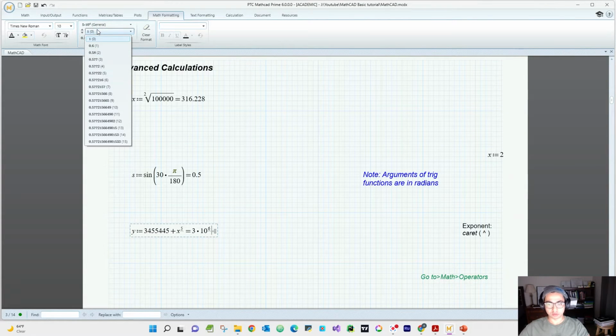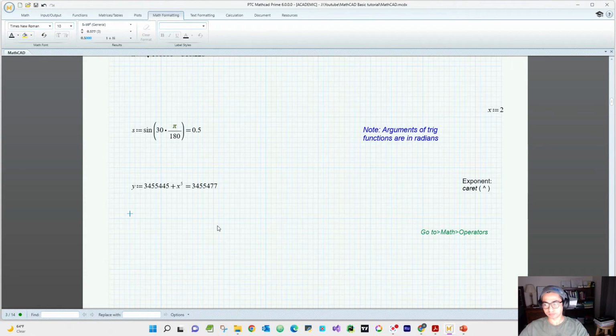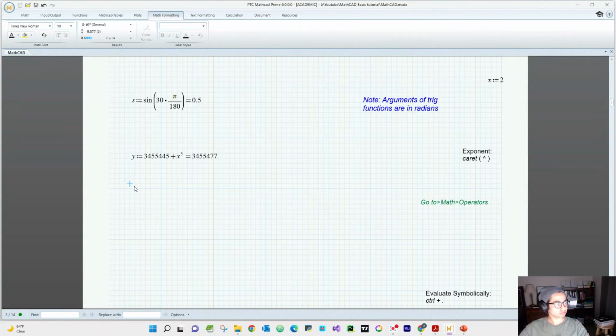Remember, this is how different this is. This is 3 times 10 to the power 6 and 3.45. So it really depends on what kind of formatting you use. I typically like to use the decimal, so let's go with that. And now we can do some integral and derivations as well. Okay, so for this example, let's try to do some